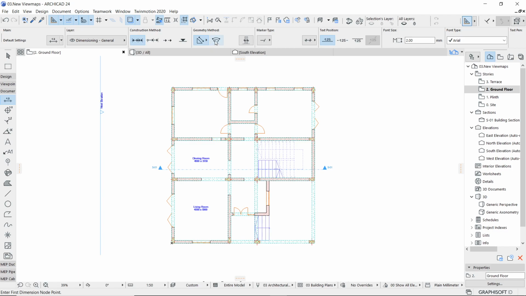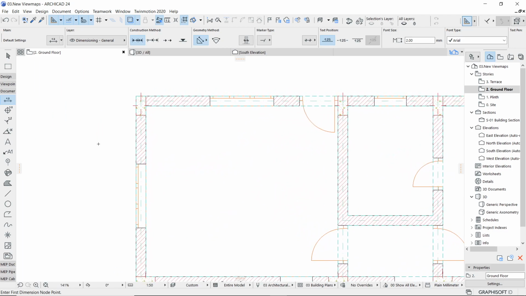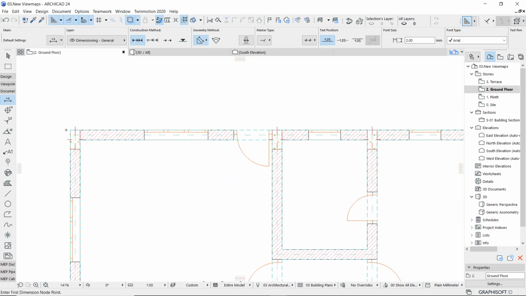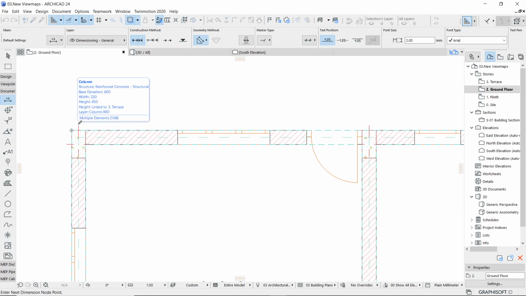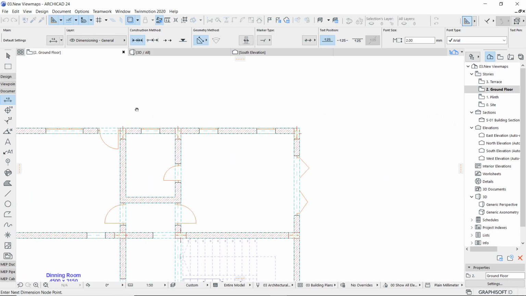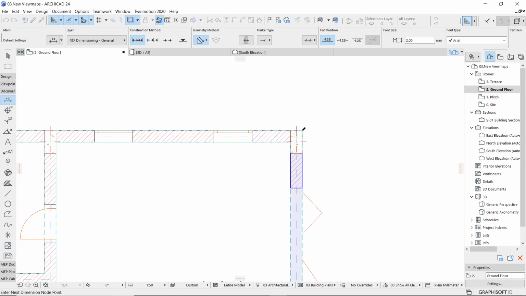Okay. Now if you read the lower left corner of your screen, it is mentioned that enter first dimension node point. So you just have to zoom some part, exactly, say for example I am going to click with the check mark on this point because it's precise, that's the reason. Circle with the plus sign, it is there. Same way on the other hand also I'll try to place it.